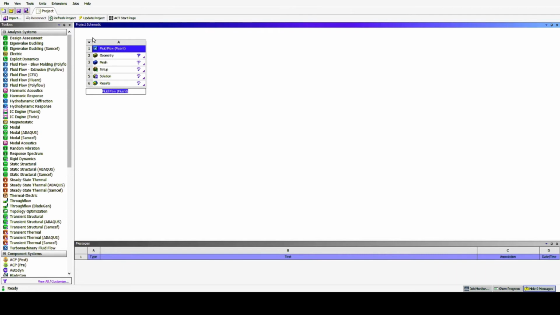We need to find out how many elements and how many nodes are required in the meshing section. To find that, we conduct the grid independent study. The name of the study is, I repeat, grid independent study.